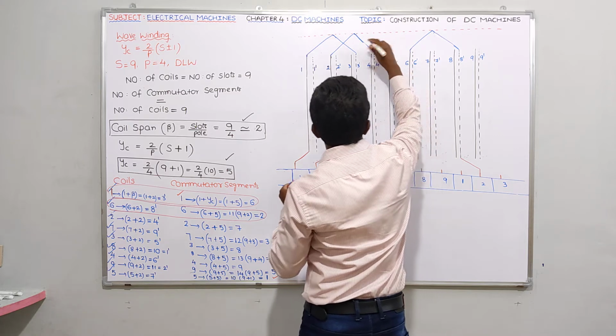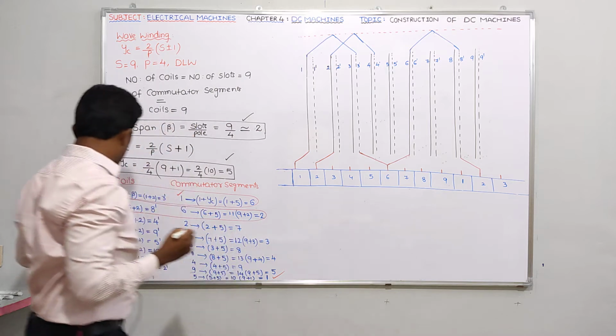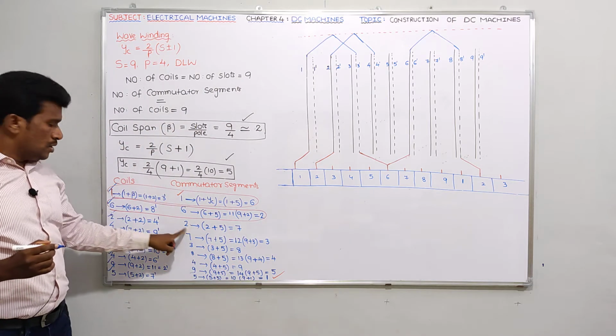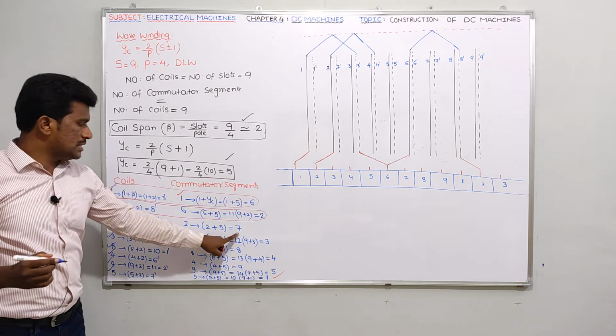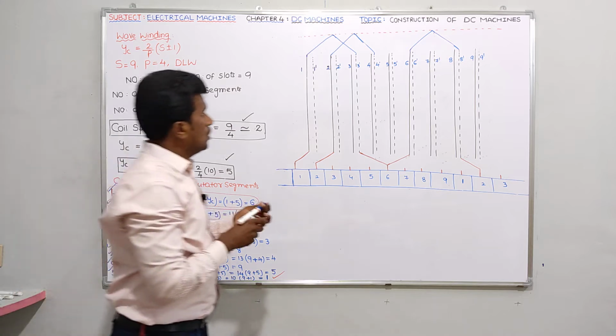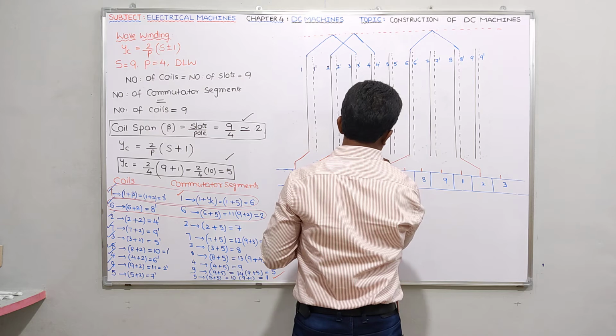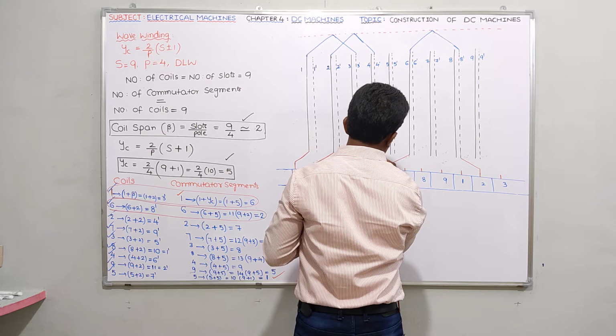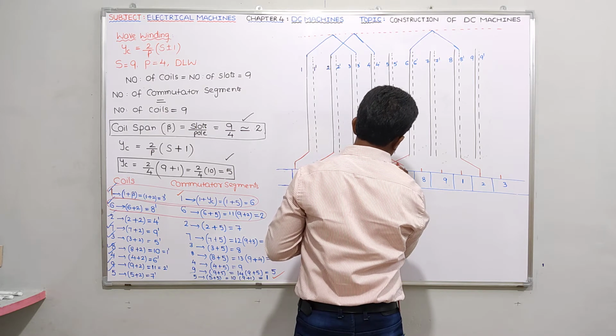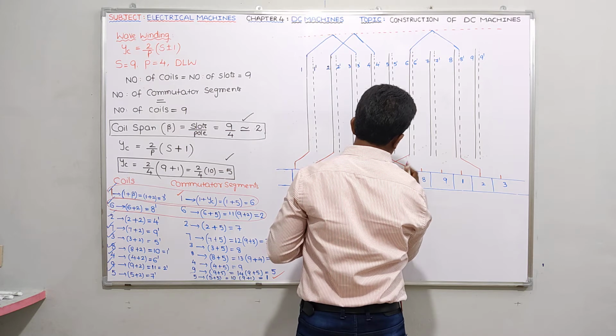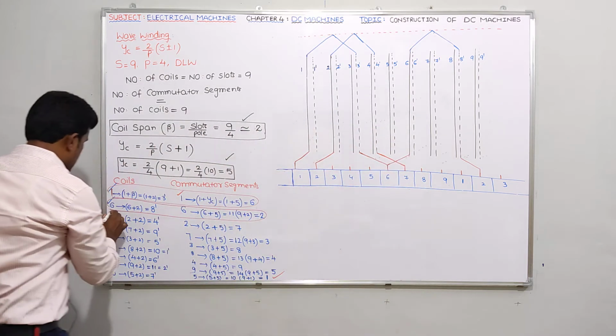Okay guys, 2 to 4 dash. As I told you, the second conductor is connected to the 2nd segment. So what about the 4 dash conductor, is it connected to the 7th segment? Yes, the 7th segment. So 4 dash is this conductor, and it is connected to the 7th segment. So let me give the connection to this 7th segment. Is it clear? Right. So I think we complete this third one also.